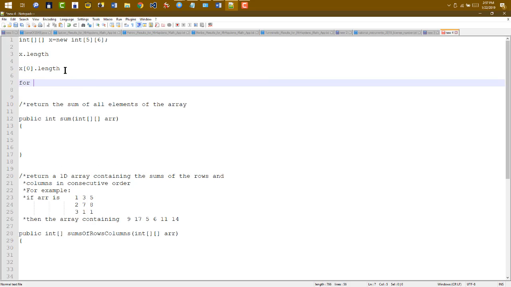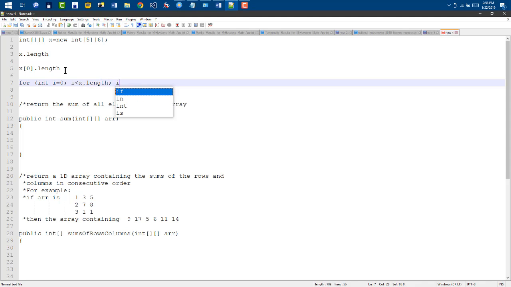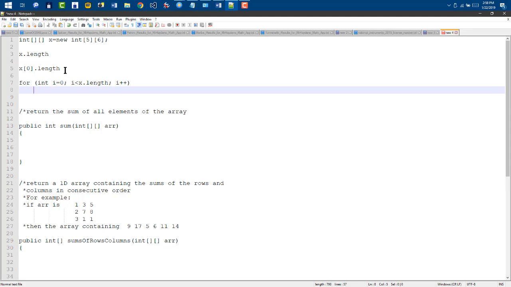Okay, so to iterate through an array, typically the outer loop is used to iterate through the rows, and the inner loop is used to iterate through each column of each row. So I'm going to say for int i equals 0, i less than X.length, i plus plus, and for int j equals 0, j less than X[0].length, j plus plus,